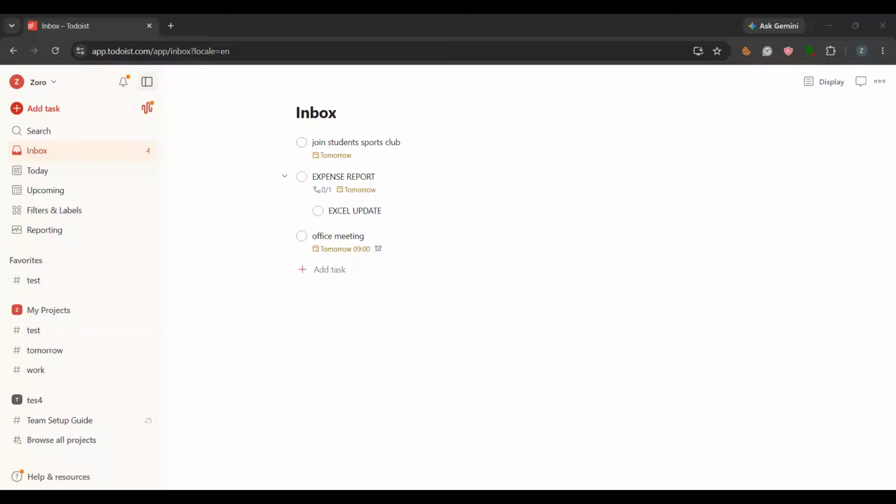If you've ever felt overwhelmed by everything you need to remember, Todoist can help you bring instant order to the chaos. In this video, I'm going to show you exactly how to use Todoist step by step so you can capture tasks faster, organize your life into projects, and stay on top of what matters most. Whether you're using Todoist for work, school, or personal productivity, this simple system can save you a ton of time